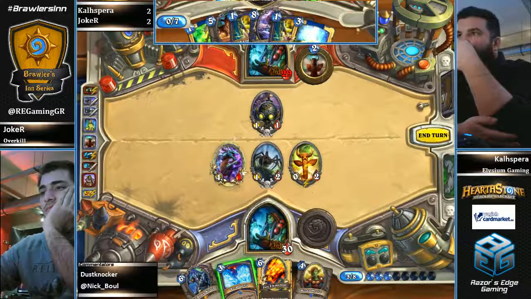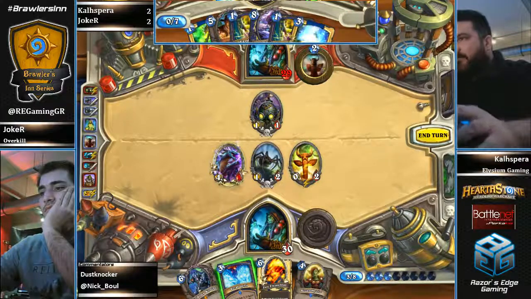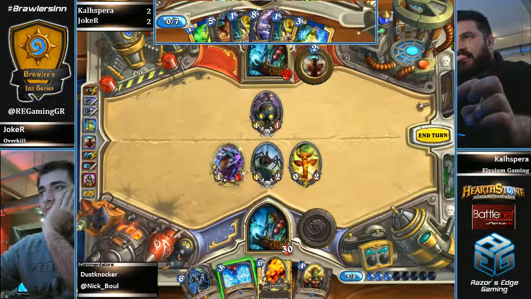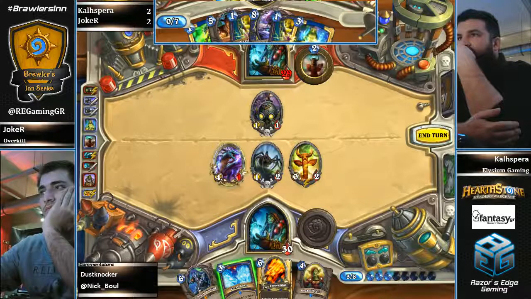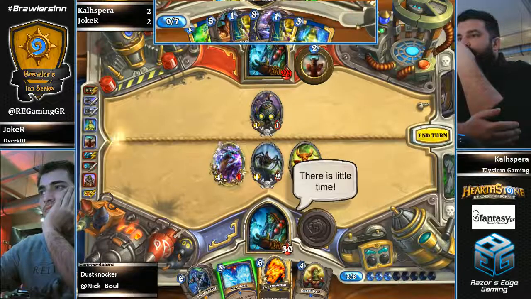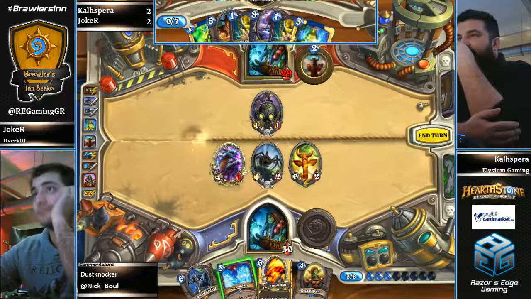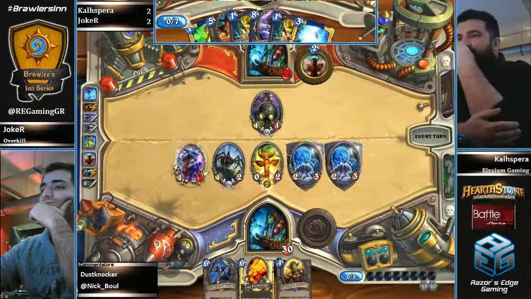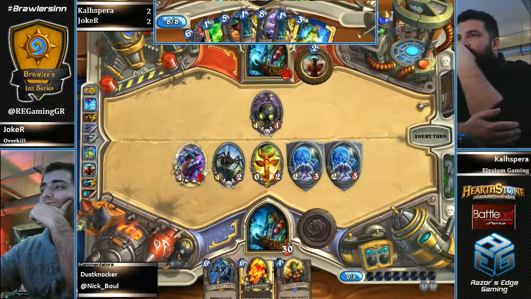So really, he trades into the 3/3 bomb. The bomb kills something else. Now, basically, the bad targets for Joker would be his dragon and the Healing Totem. So yeah, nothing for Joker to do other than play Feral Spirits. Let's see if he wishes to do so. Yeah, he's gonna play Feral Spirits, gets 2 wolves, and passes the turn back to Kalispera, who has yet to